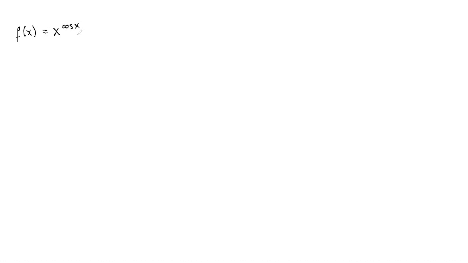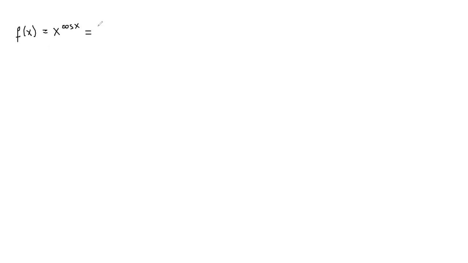Now, if you look at this, we cannot say that f of x is a power function or an exponential function, because the x dependence is both in the base of the power and the power itself. So to be able to calculate the derivative and to use one of the known formulas, first we need to transform the function a little bit, and in this way push the dependence either into the base or into the power itself. It's easier to push it into the power, and what we are going to do is